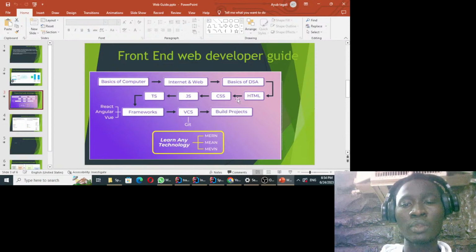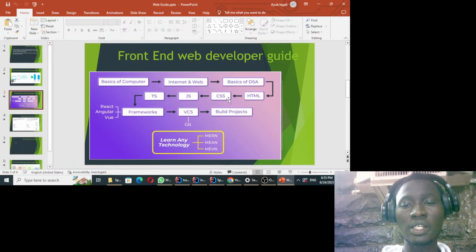your first starting point will be to start picking up this language called HTML. This is not a programming language, but rather a markup language which is used to define the structure of your web page. So you will start by learning and understanding what HTML is. And then after you understand the basics of HTML, you need to understand this concept of custom style sheet. This is CSS in short.